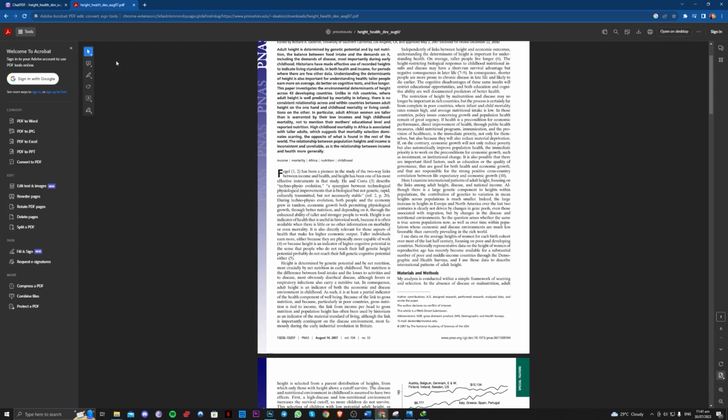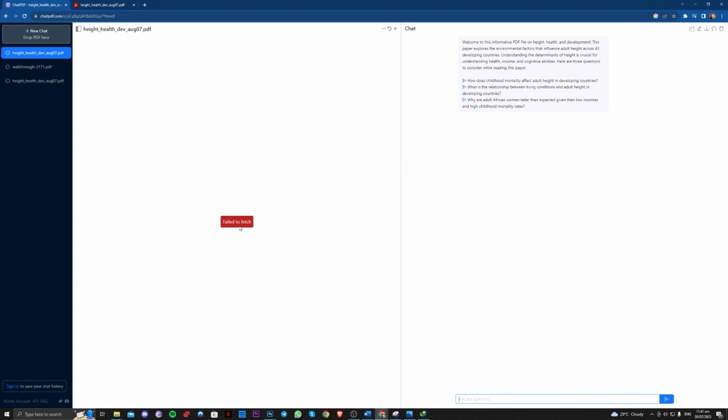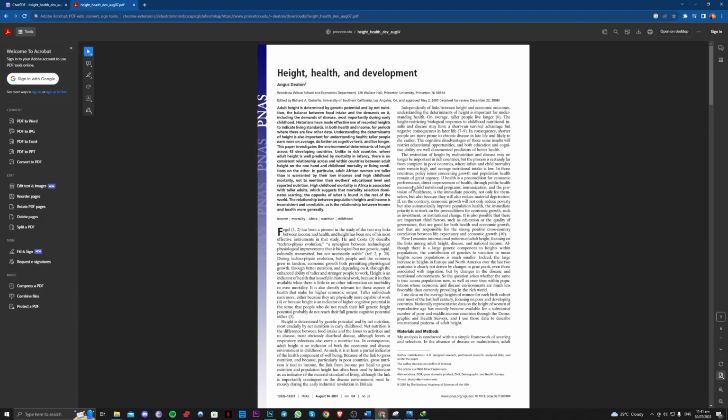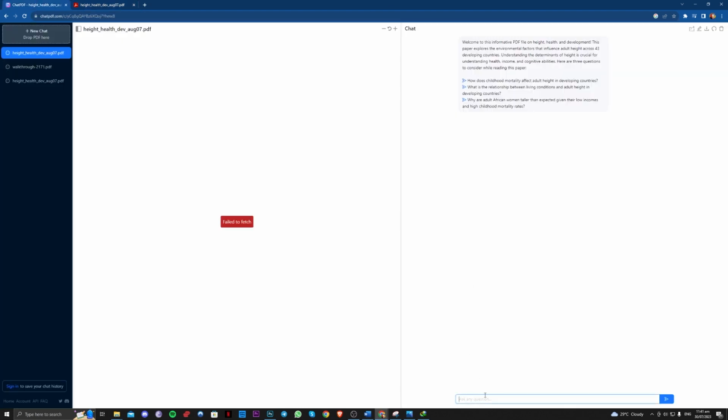So this is what I will be using. As you can see, it will show this error sometimes, but it will not be an issue because it will work successfully. So as you can see, you can just look on here. And for example, if we ask it a wrong question,